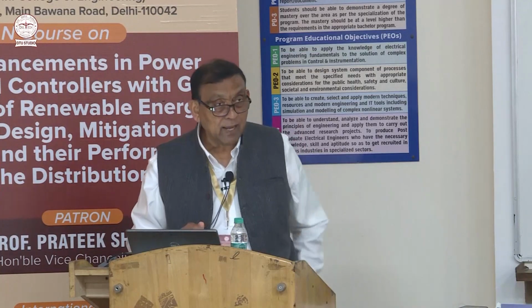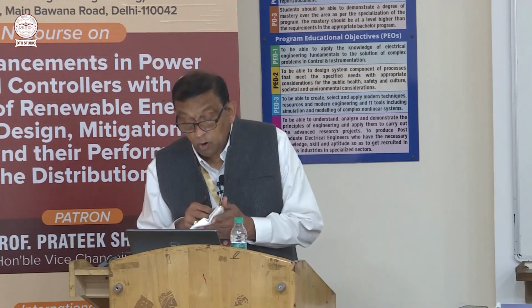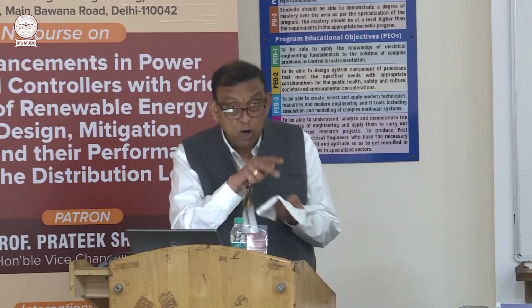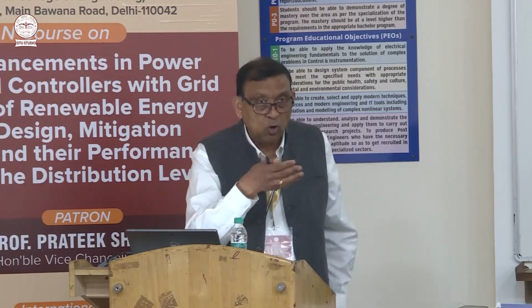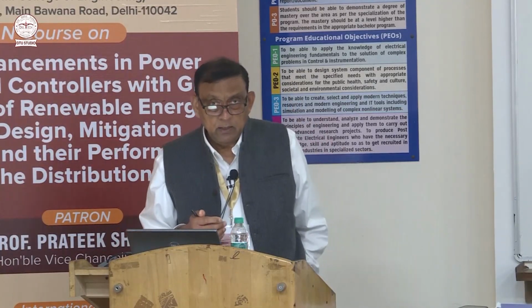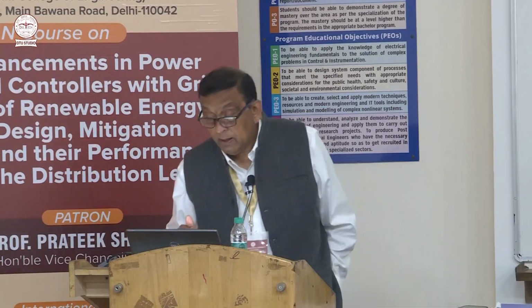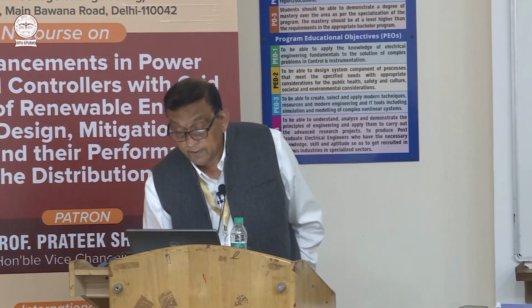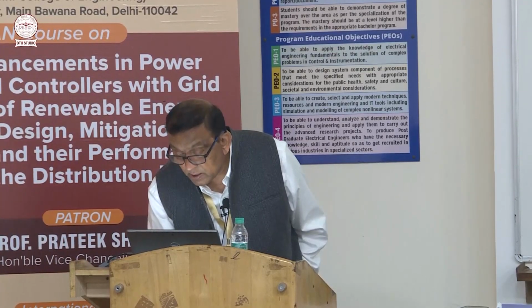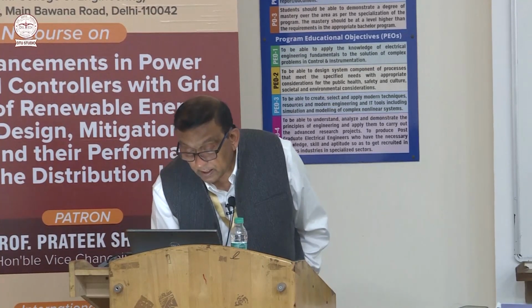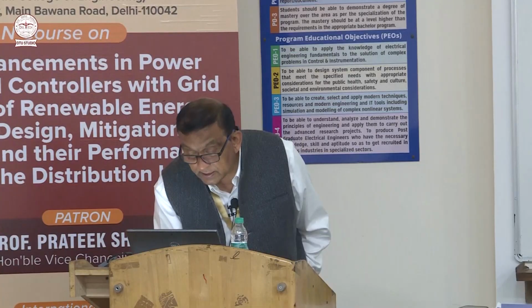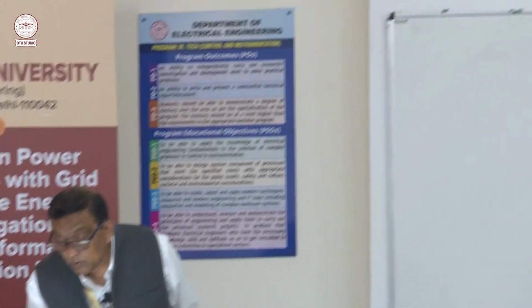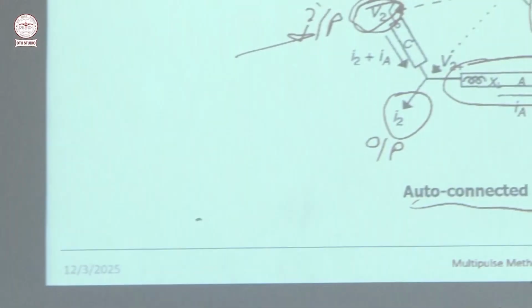So this is an example of auto connected polygon. Till now we have seen delta polygon or something like this. So that was double winding transformer. But if you want to see auto polygon transformer, you see this is the input here and this is another input here V2 and this is another input V3. So three input, three phase